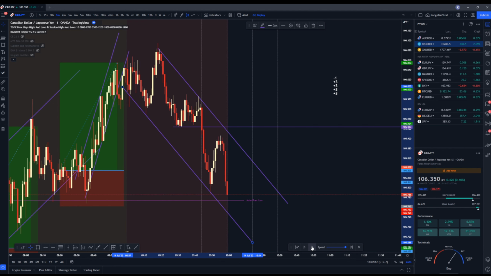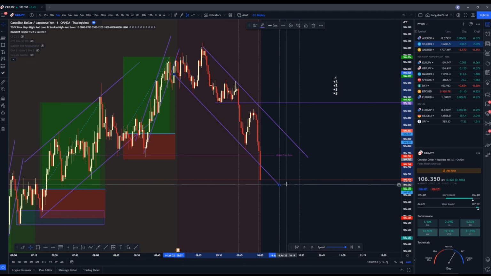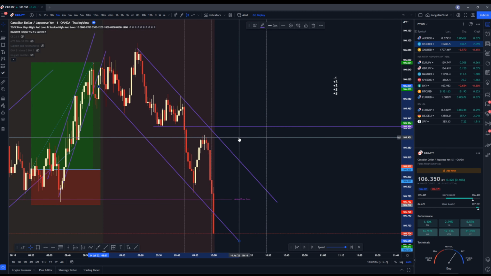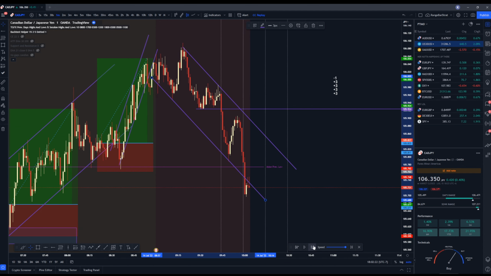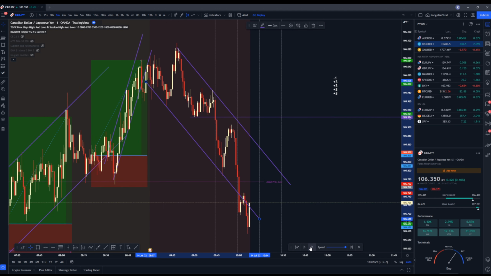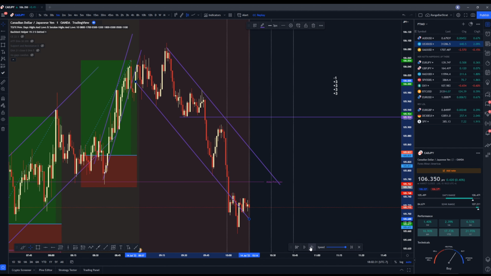But it looks like we didn't make it there. Price isn't perfect. We just continue dumping. No love. I don't know what happened at the end of this day, but this is pretty crazy. We had an overshoot, so we assumed that we would come back up again. I don't know if we're going to get a nice pullback like we need to, but we do need a pullback to enter a trade.